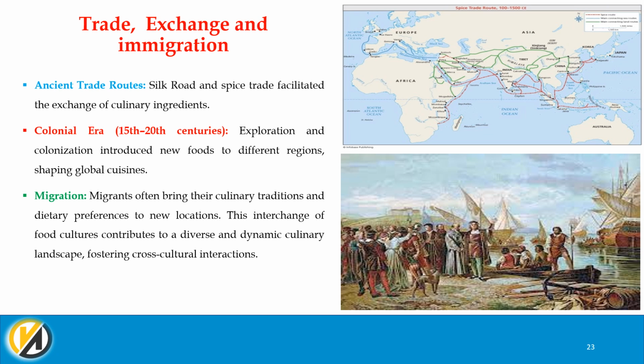Rice was actually found in China, and after its discovery, due to the trade and exchange along these Silk Road trade routes, rice is now grown in different parts of the world, and is one of the major sources of energy. In addition to that, wheat was discovered around the Middle East during ancient times, and because of the trade and exchange through these routes, wheat is now produced throughout the world.